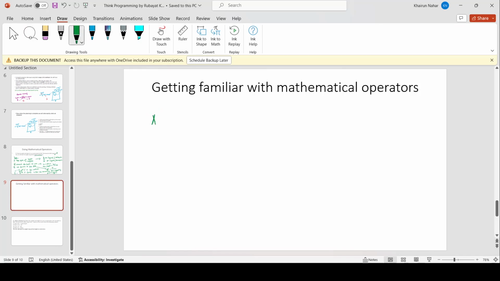So for addition, we use the plus operator. For subtraction, we use the minus operator. For multiplication, we use the asterisk. For division,